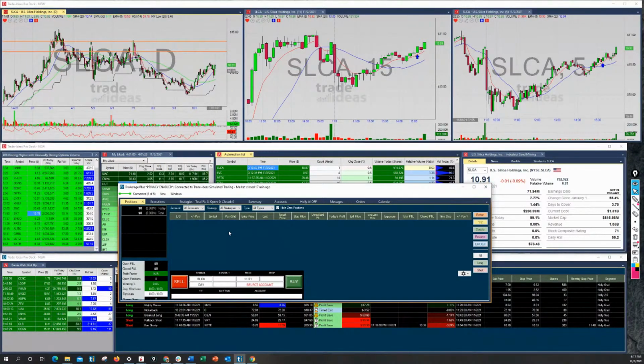You could use target. I don't have a position to show you, but if you had a position here, you can right click and it'll give you an option for target, and you can set a target price, and then it'll go on the chart and you could drag your target around like that. These are all different ways that you could close out the position. But I do it through these buttons here. That's what I use. I never really used the limit out. I've used it to play with it, so I understand how it works. I'm a big fan of using this here when I'm limiting out.